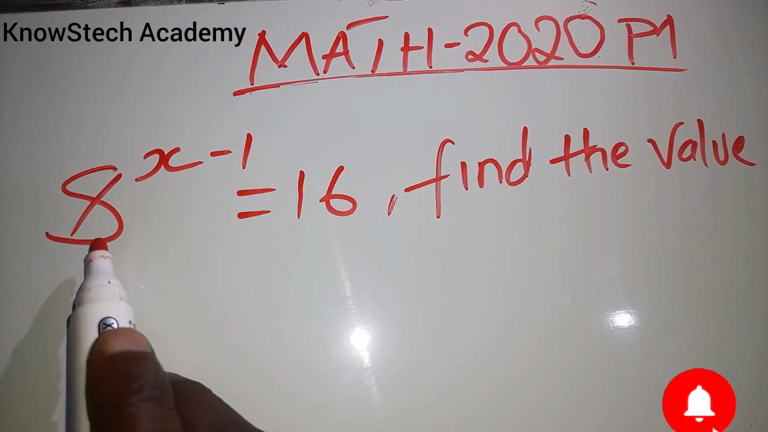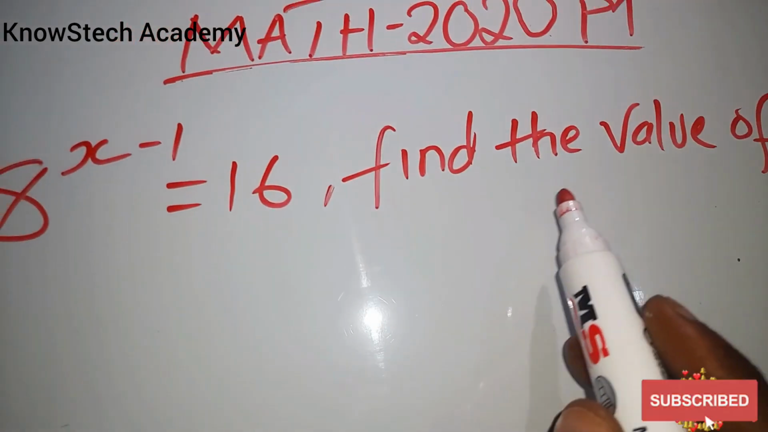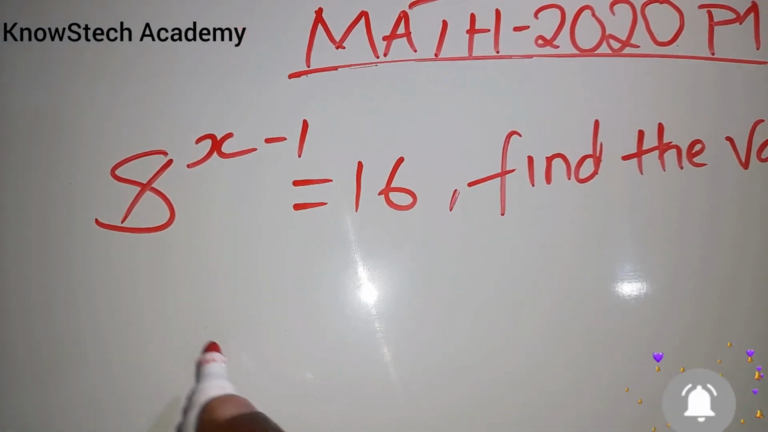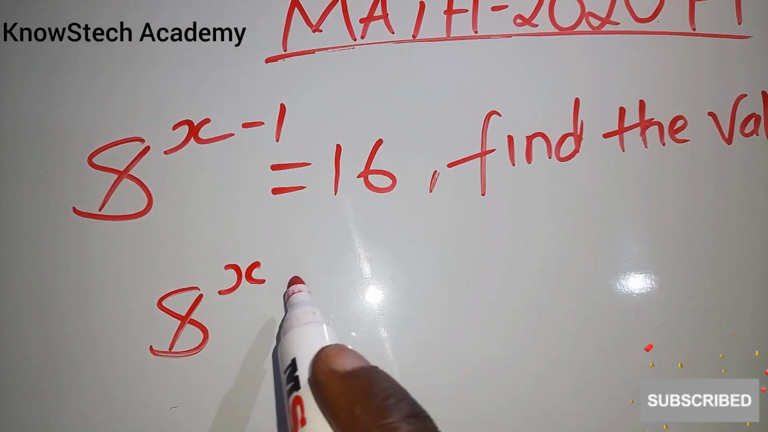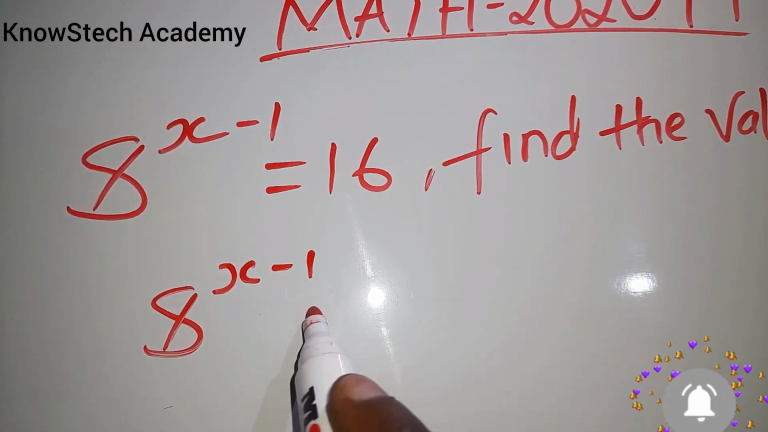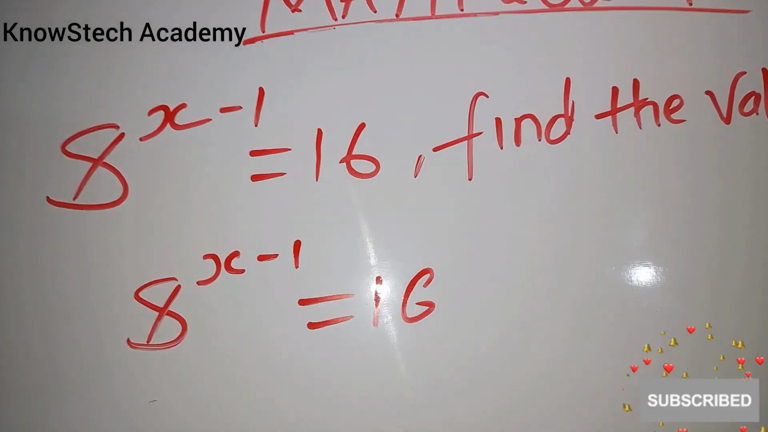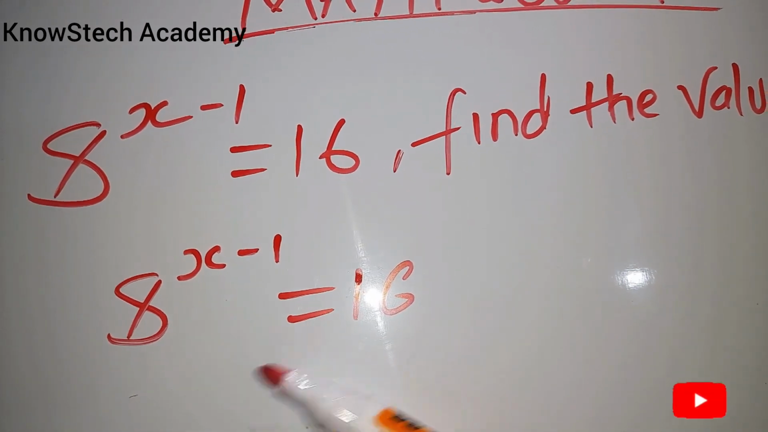So we are given this equation and we are asked to find the value of x. Okay, so what we're going to do, we're going to copy the equation, which is 8 to the power x minus 1 is equal to 16. Okay, so what we need to know about such equations is that